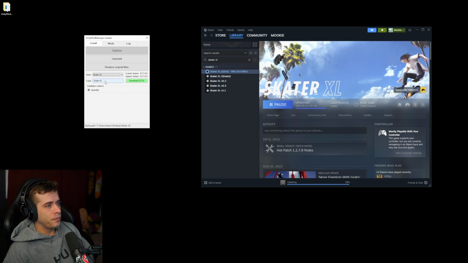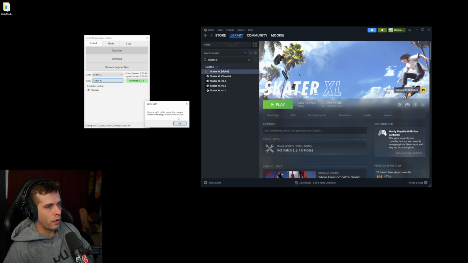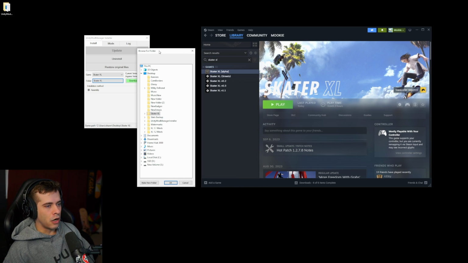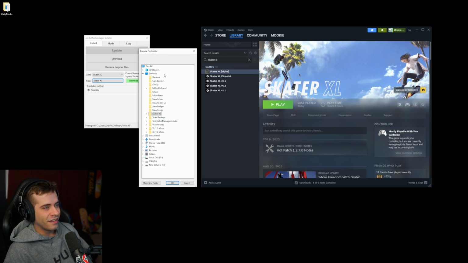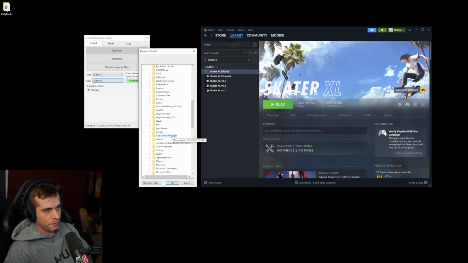So what we have to do here is select, so it says right here, choose path to the game. For example, Steam, Steam apps, common, your game. And it actually tells us right there where to put it, right? So, okay. And this is where we kind of tell our pizza guy where our address is, or tells the app where our game is. I'm trying to make it easy for you guys. I'm sorry. But we know that it's in our Steam folder, right? So this PC, local disk C, for me at least, program files x86, then it was Steam, right? Steam apps,